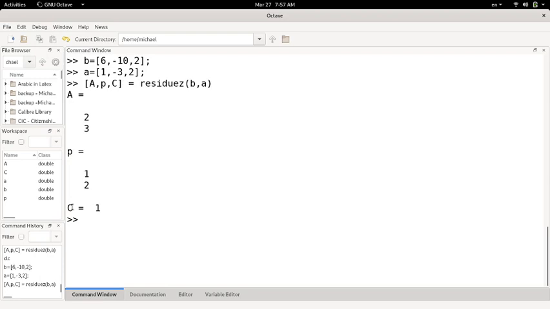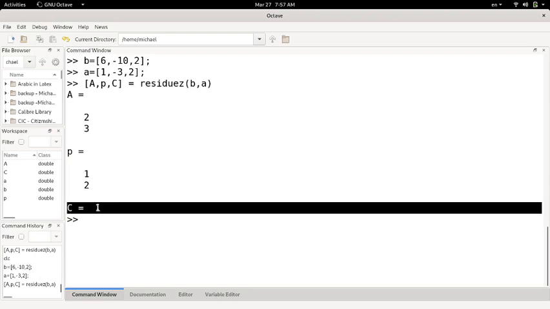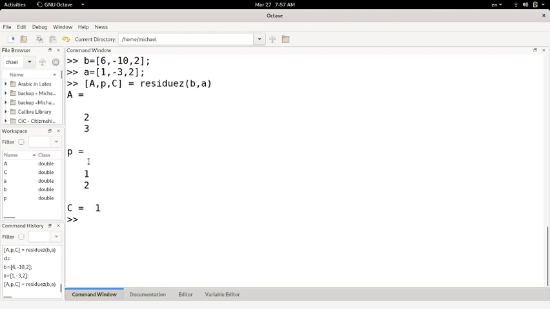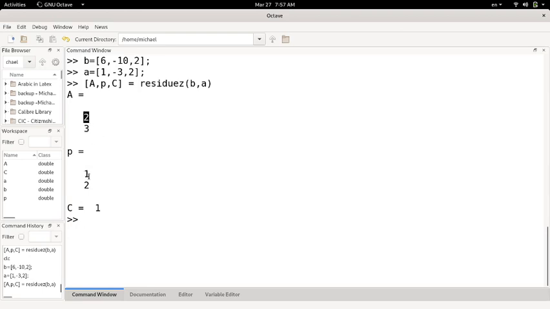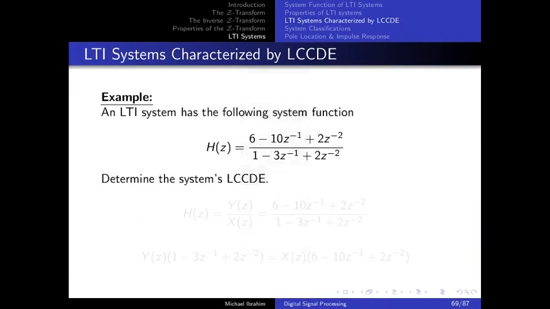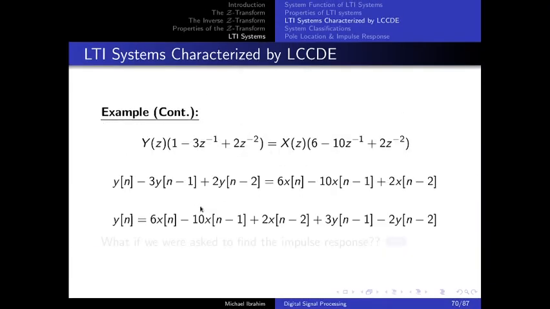So now the result of the long division is 1, and we have two poles located at 1 and 2, and the constant corresponding to the pole 1 is 2, and the constant corresponding to the pole 2 is 3. What is this supposed to mean? If we go back to our example over here,